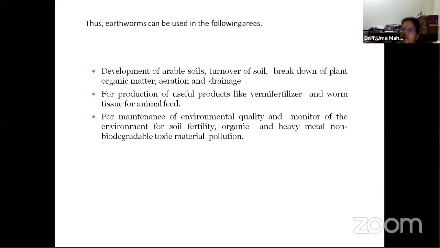The earthworms we use are the exotic ones, which have the habit of feeding on organic plant material, dead and decayed organic material, which we usually get from plants. In the previous presentation we had roof gardens and other gardens. Even the old leaves and weeds we want to shed from those gardens can be reutilized, and we can go for vermicompost production at home in a domestic way. So these earthworms can be utilized. This is the one where we can go for it.